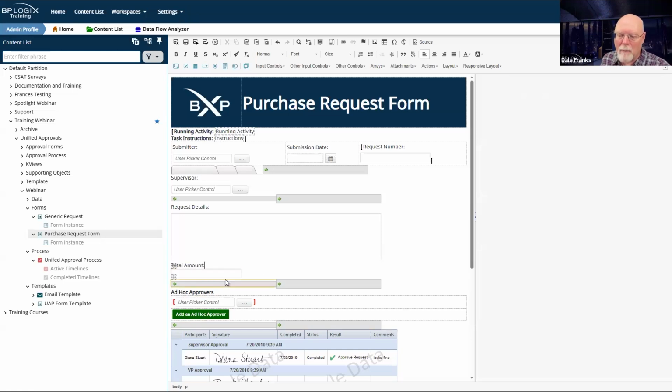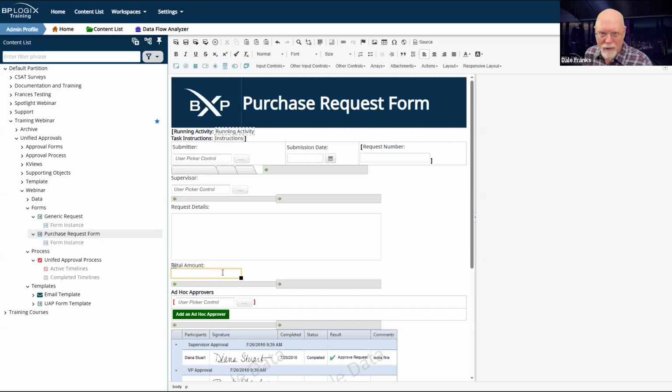So I have my total amount field. If it's more than $10,000, I have to run that process step for finance director approval. So now I've got a custom field that I need. Now this custom field only exists on this form. In the real world, that wouldn't be true. In the real world, I'd want a total amount for all of my AP and AR processes. In fact, for most of my accounting processes, I'm going to need a total amount. Whether I'm doing a travel voucher or whatever it is, it's probably going to have a total amount field.